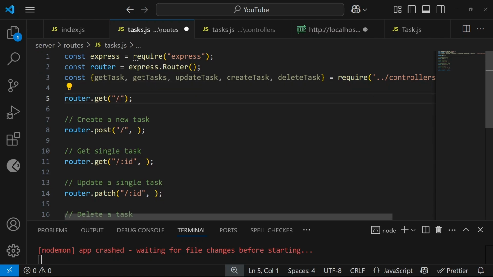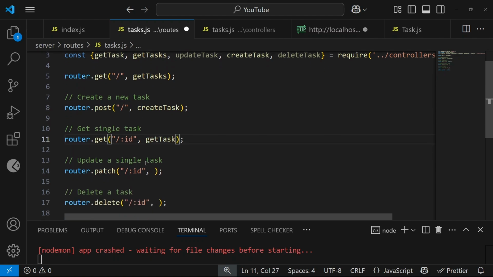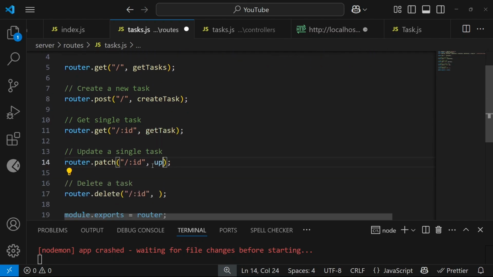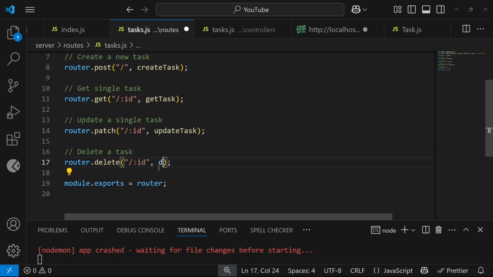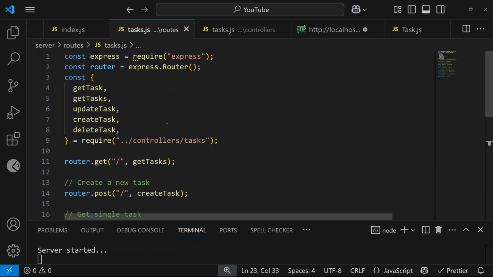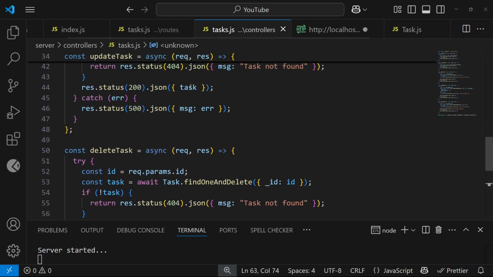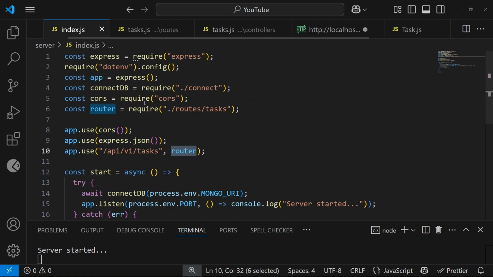So for the first one, which gets all our tasks, we're going to pass in the get tasks function. The second is create task. The third is get task. The fourth is update task. And the final one is delete task. And now we can save our file. Now, as you can see, our code is much cleaner. So we have our routes in a separate file, our controllers in a separate file, and our index.js in a